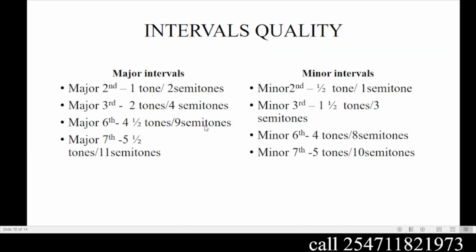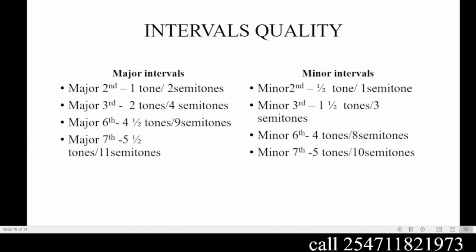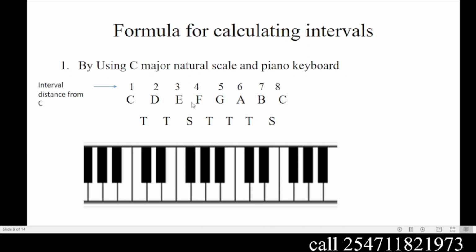Now, this knowledge applies to all of these. For example, a major third, we know, is supposed to have two tones. So for example, from here we have F to A. F to A, the interval is supposed to have two tones to make it a major third. A major third has two tones or four semitones. So F to A, we have F to G is a tone, then from G to A there's another tone, so it's